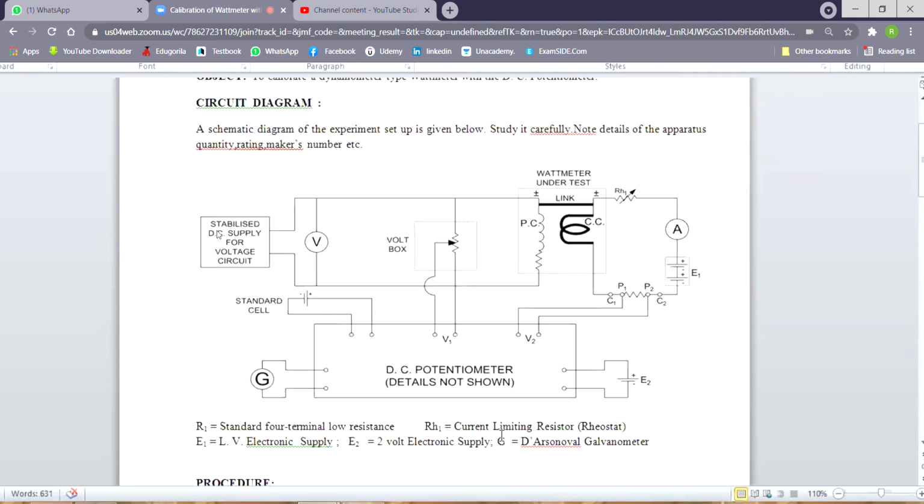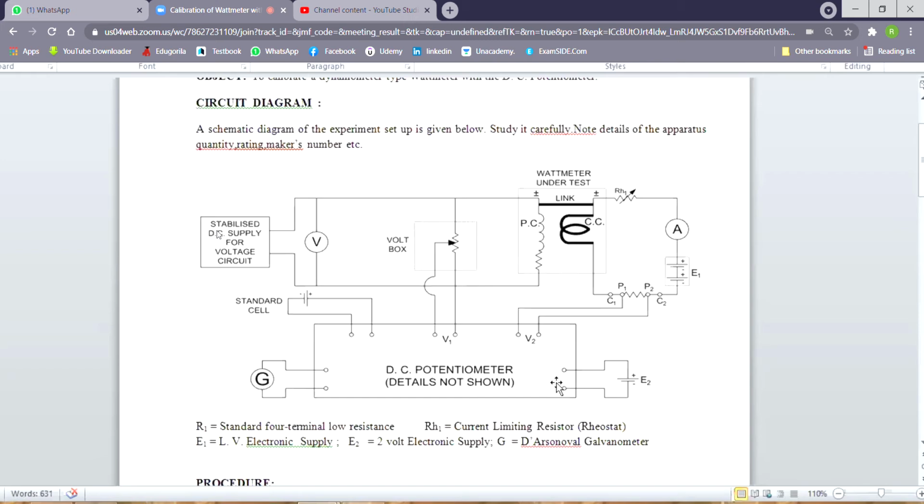The task of the selector switch is to select the type of the input. If the switch is in position 1, it will select the V1 input, so the V1 voltage applied there will be measured. If you select switch position 2, the potentiometer will take V2 as input. Then you will get the V2 information, or the current information after calculation obviously. So the selector switch will take any one input out of the available two.